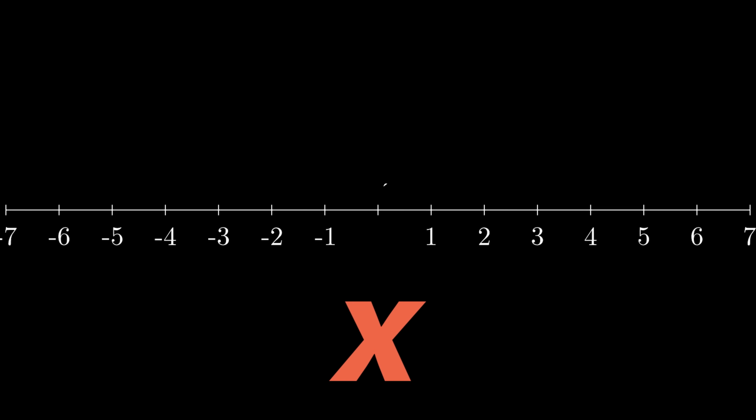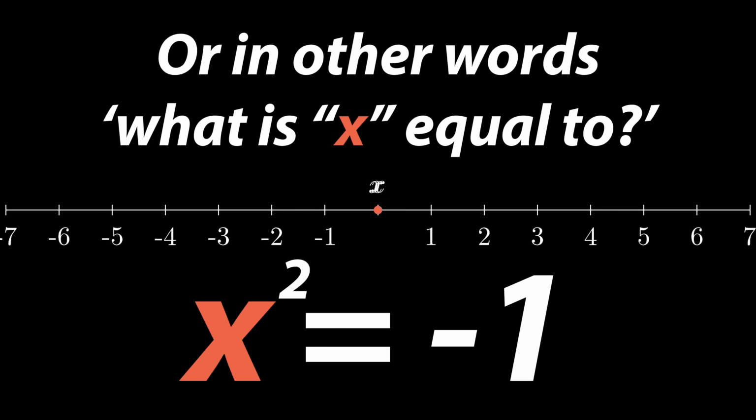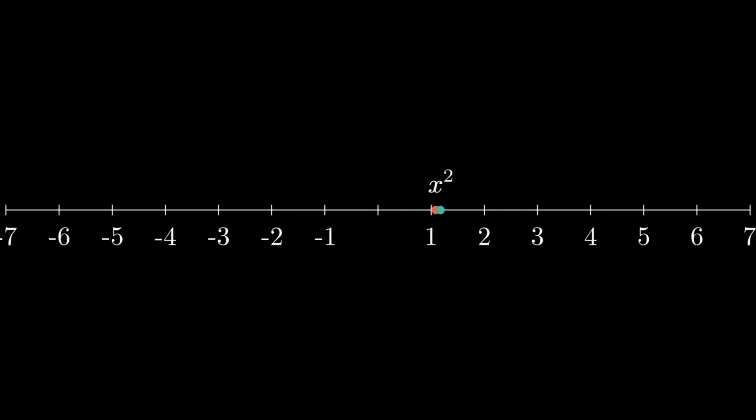Let's imagine that we want to take some number x and square it, and get a negative number in return. How could we achieve that? Well, if you take a closer look at our extended number line, you will see that if we start at the red point and square it in order to get a blue point, no matter where we place the red point, the blue point will always be above 0. Always. So how can we bring the blue point to the negative side?